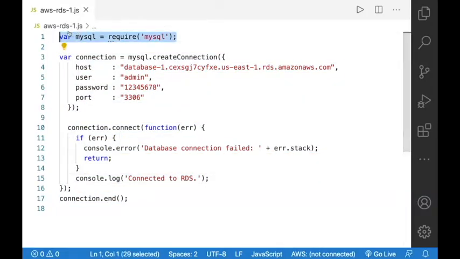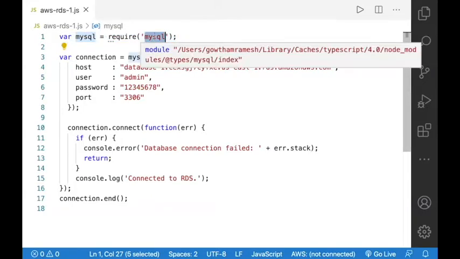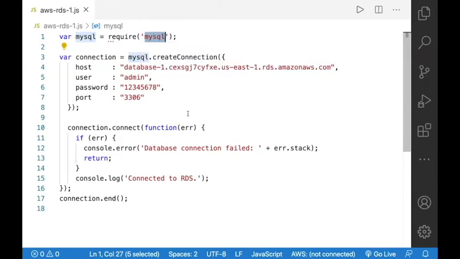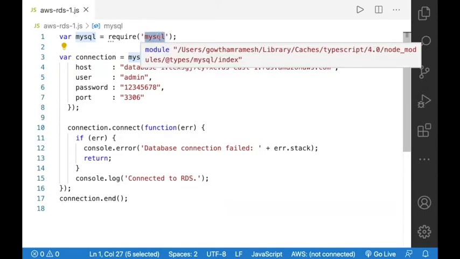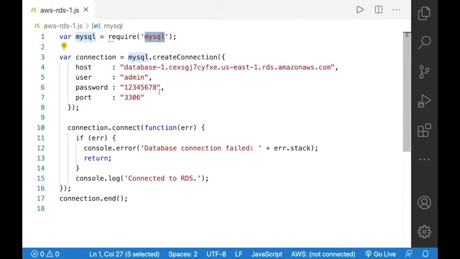The first line: you're supposed to use the MySQL module in your system by using an npm command. The npm command to install MySQL is npm install mysql --save. That statement will help you include a module inside your Node.js program.